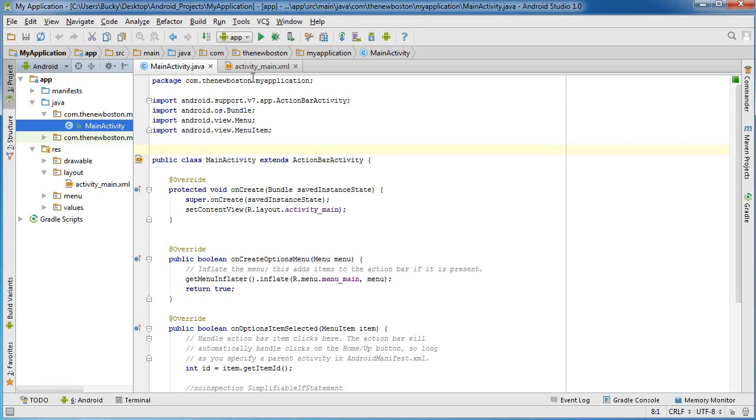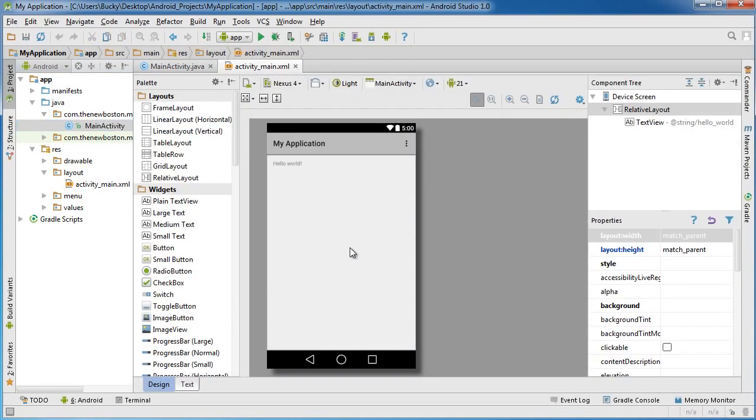So again, these two files open, and remember in the last couple tutorials I said every single app is made up of these things called activities. For now, just think of an activity as a screen. So if you're making an app for, I don't know, your website, you might have an activity for your profile page, you might have an activity for the home screen, you might have an activity for the about section for your company or something. But each app, like I